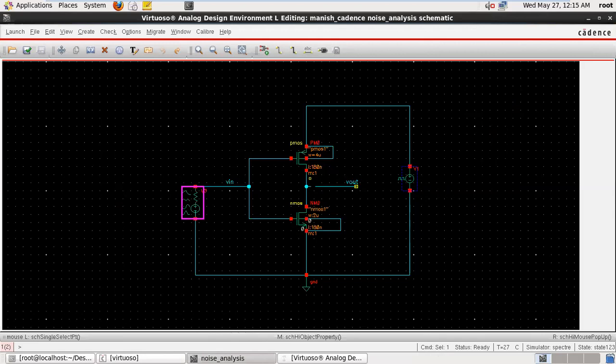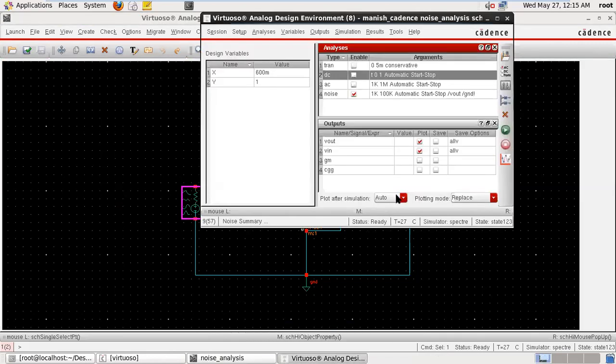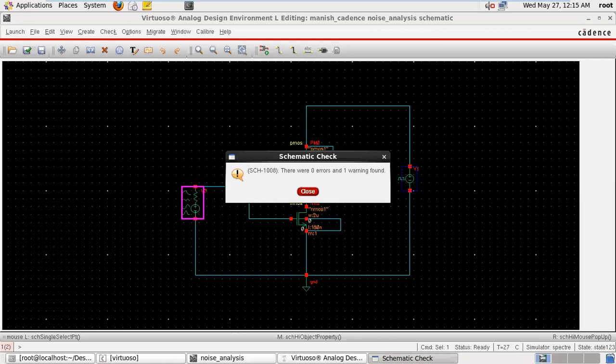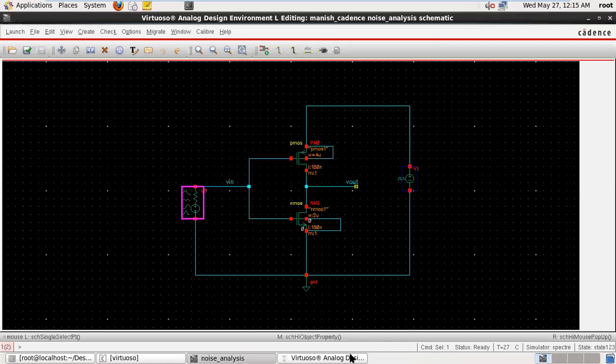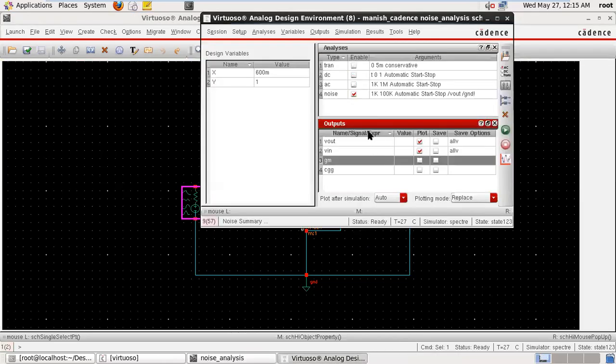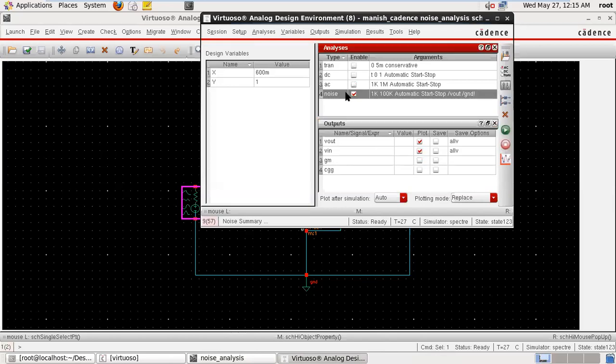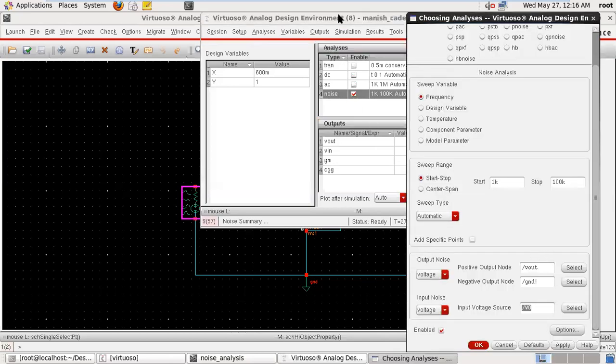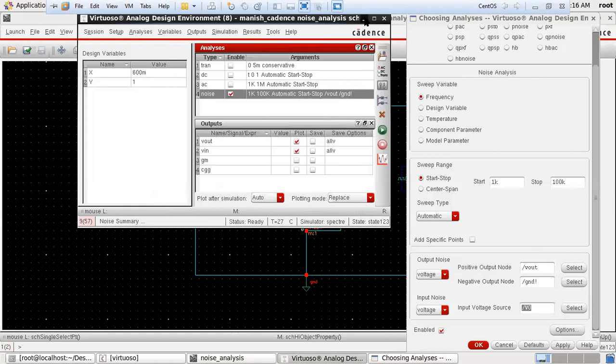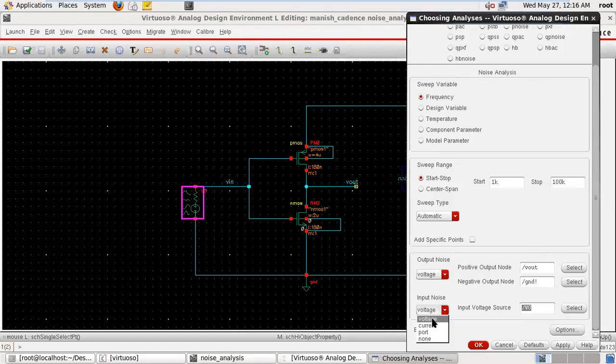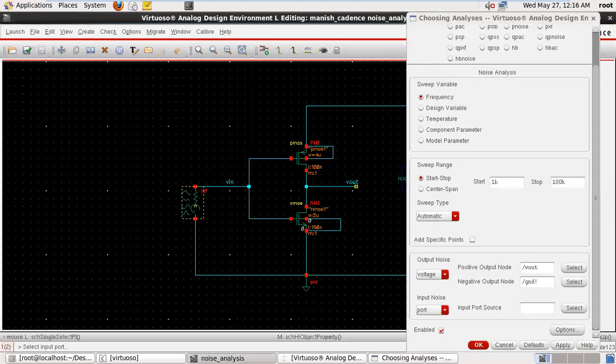Now just launch ADL. Okay. No problem. Save, check and save, close, one warning. Now, because we have taken the port as the input, select the port as the input node and the selection of the port.